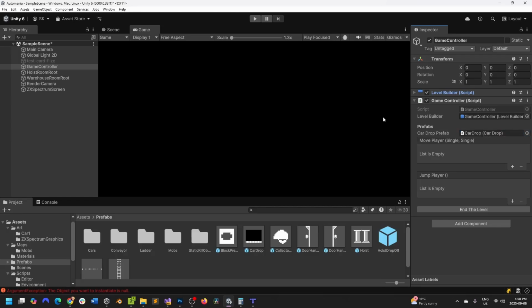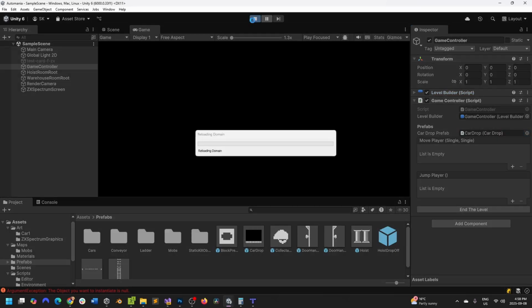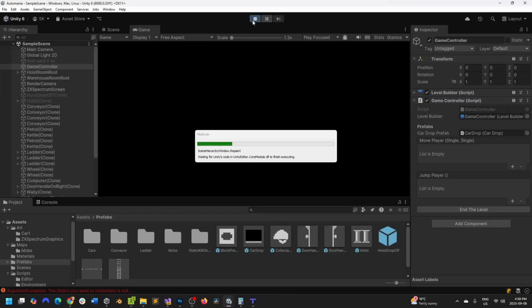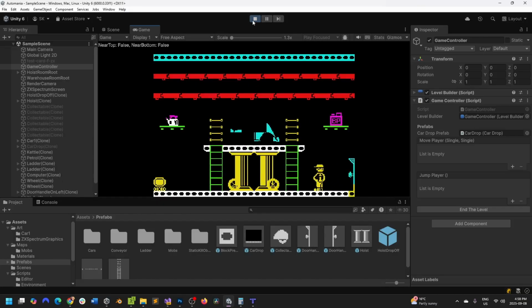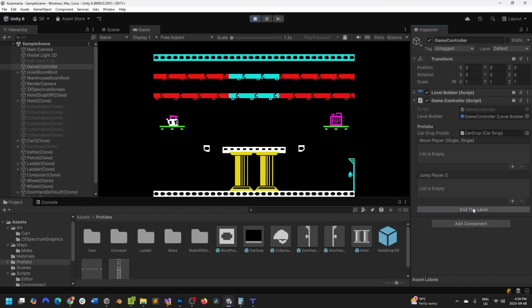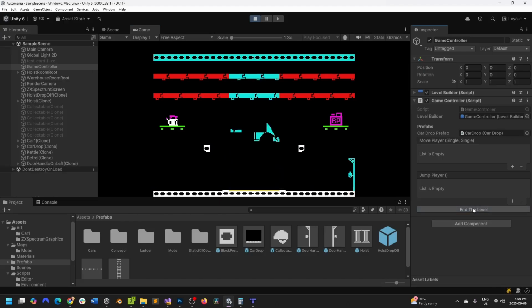There we go. Right. Then we go into this one here. We see everything there, and then we can end the level by clicking on this, and it does end the level. Doesn't quite